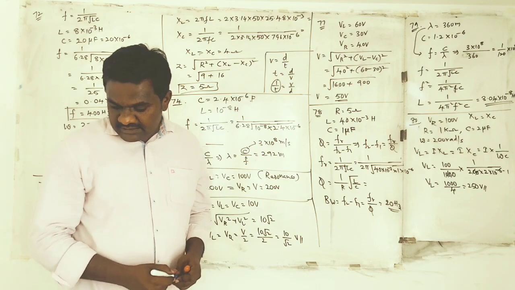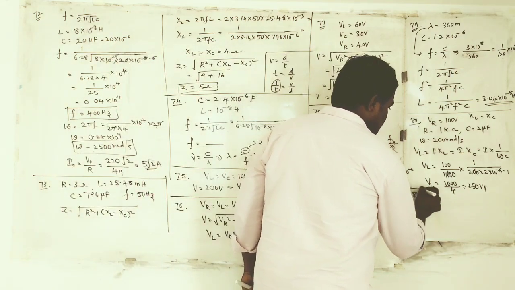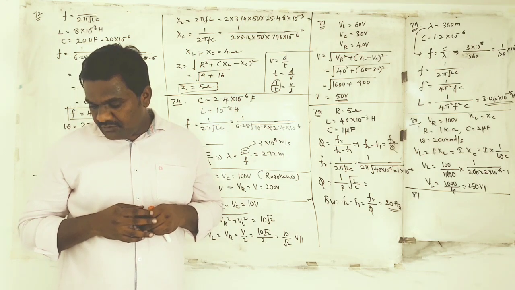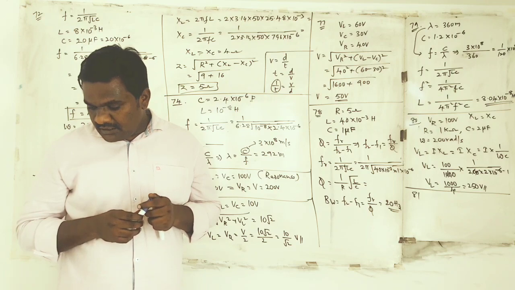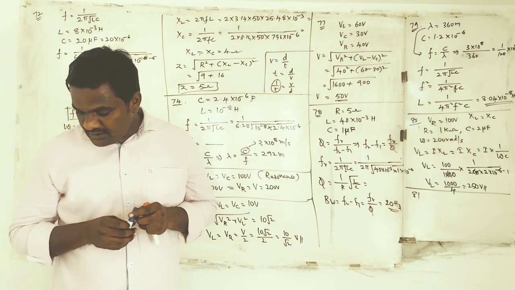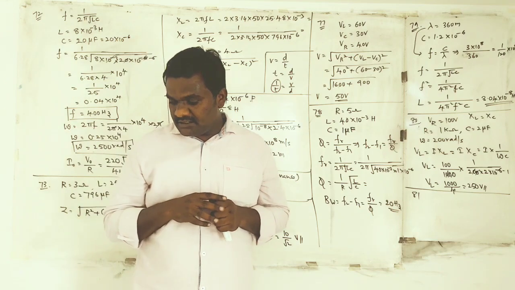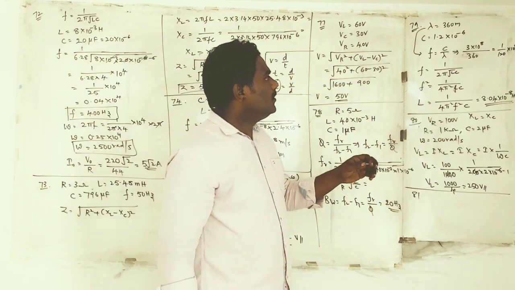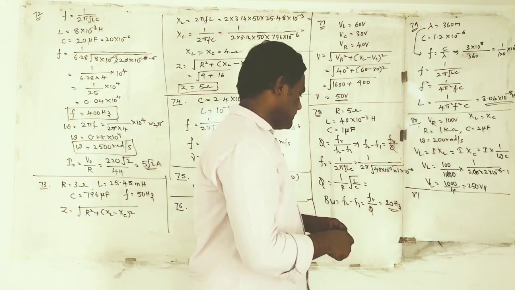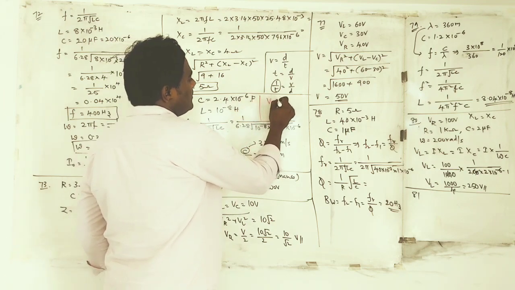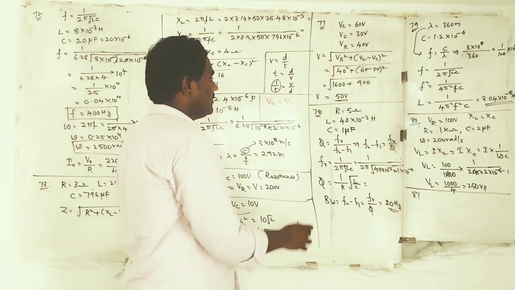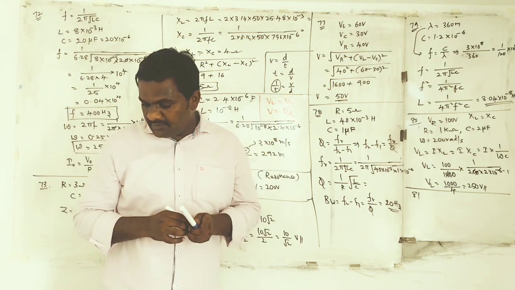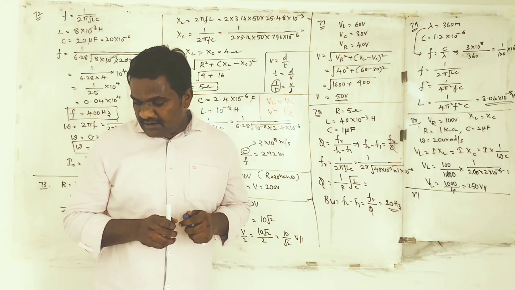Now question number 81 I can say at the last. In the given circuit diagram, they have given 4 voltmeters V1, V2, V3, V4, connected as shown in the figure. During resonance, which of the voltmeters shows the same reading? They ask the question. As I said, the voltage across the inductor and the voltage across the capacitor will be the same. During resonance, VL is equal to VC, or the supplied voltage is equal to the resistance voltage. Any one is possible, but in that problem, V3 and V2 will be the same as per the given question.